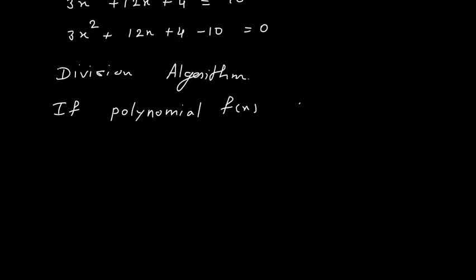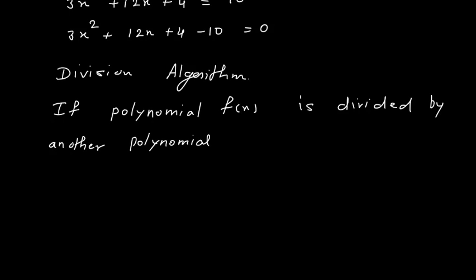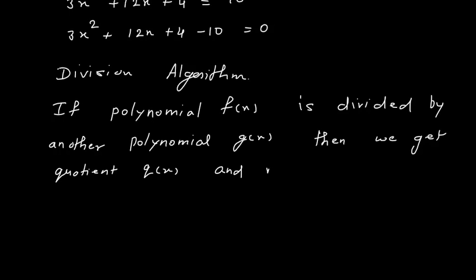If a polynomial fx is divided by another polynomial gx, then we get quotient qx and remainder rx, such that